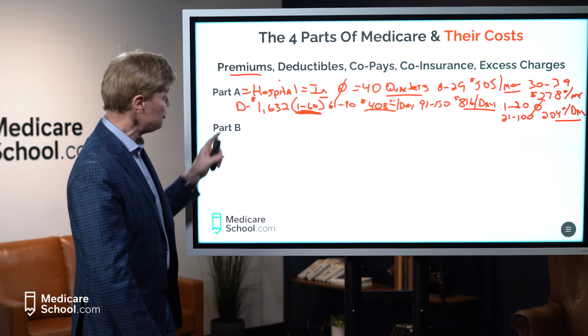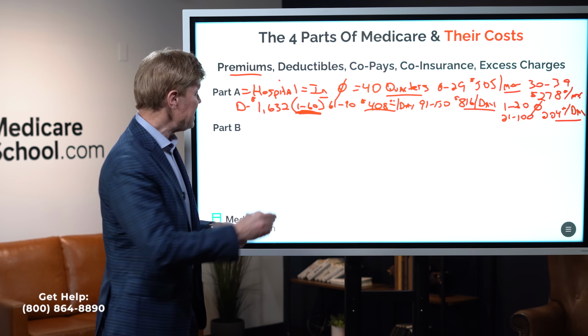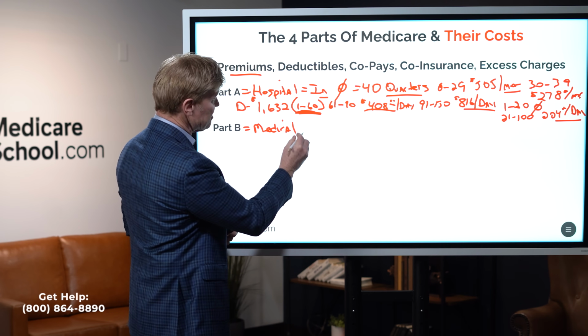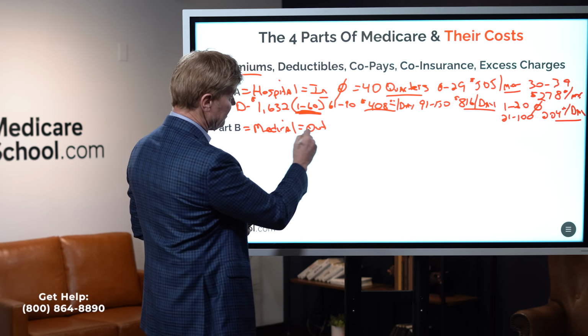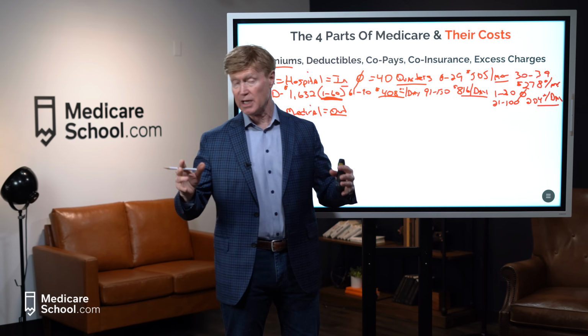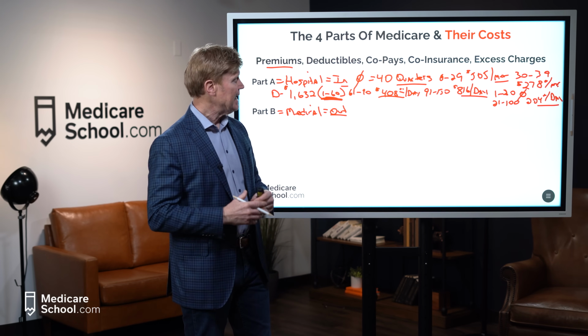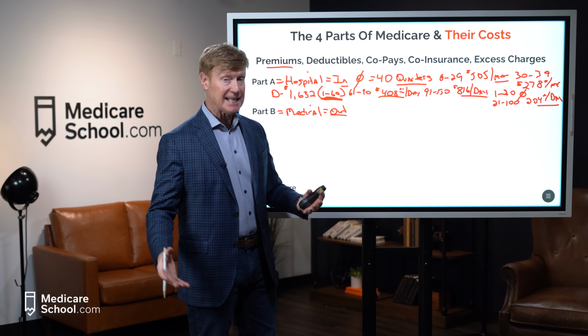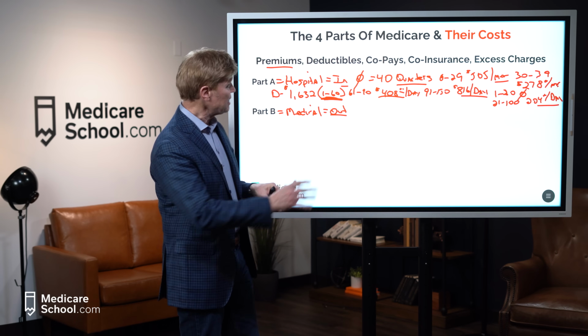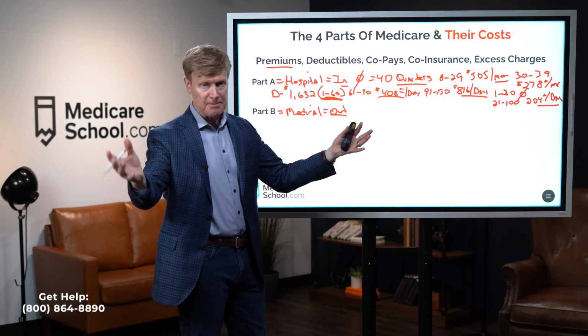Now, that brings us then to the B of Medicare. Now, the B is considered what they call medical, and the way to look at this is just pretty much the outpatient side of Medicare, labs and MRIs and outpatient surgery and those kinds of things, as well as durable medical equipment and home health care after an outpatient surgery. But the point is, this is the outpatient side. So again, what do we talk about? The different aspects of out-of-pocket expenses.